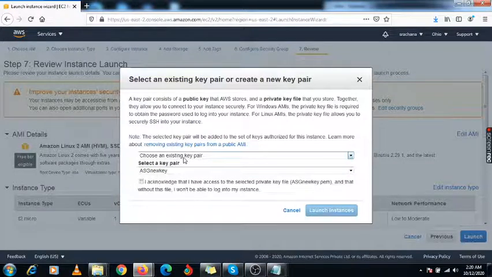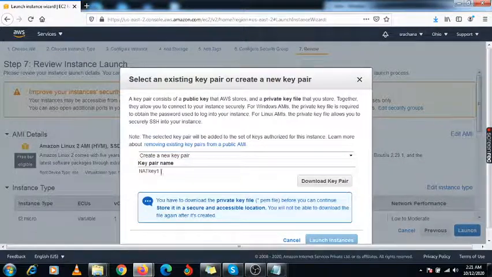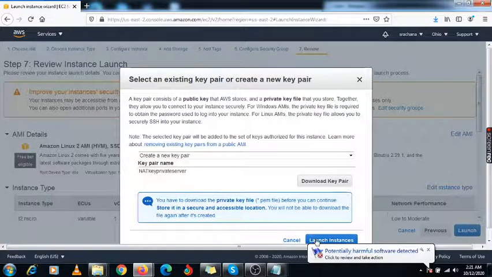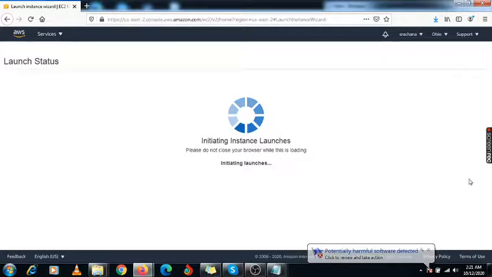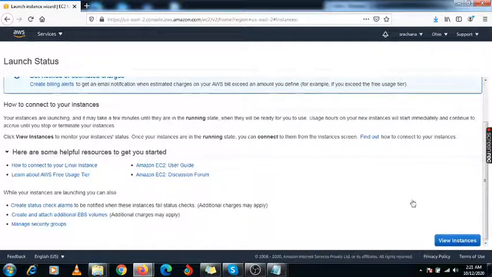I am not sure which key I have created. Okay, here I am creating a new key having the name NAT key private server. Download it, save it, launch it. Now both the instances are created.